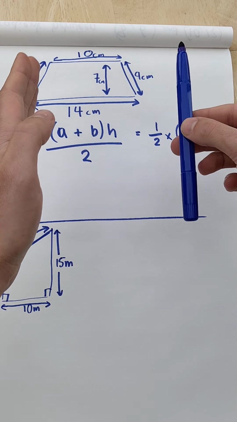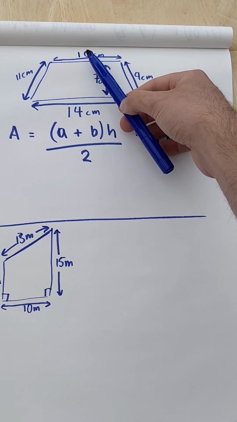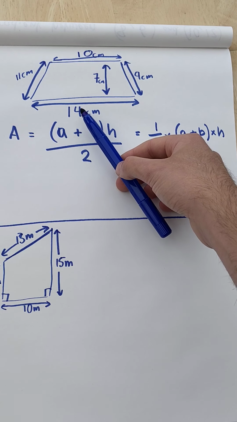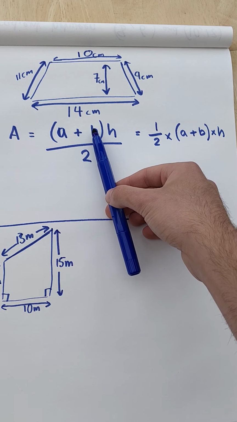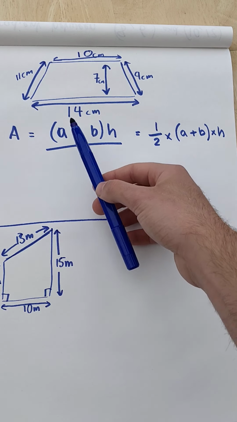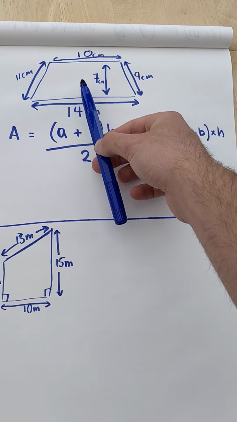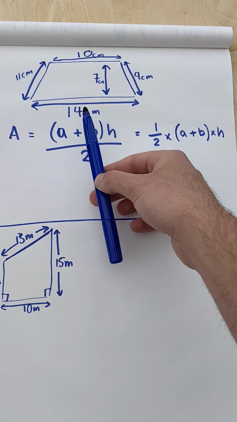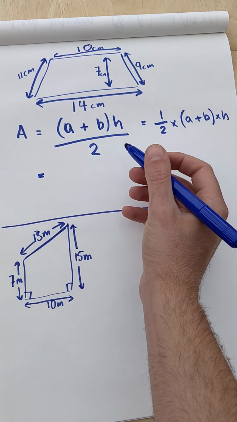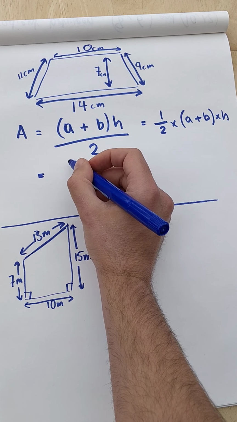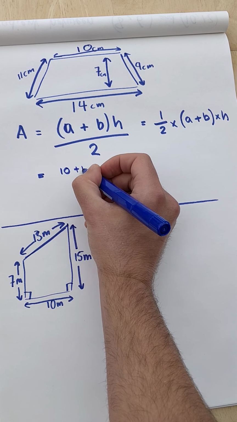The average, or the middle number, between 10 and 14 is 12. If you add 10 and 14 together, you get 24, divided by 2, you get 12. So it works out the average length of the top and the bottom. That's what this does. So in this formula, when you've got A plus B, this would be 10 plus 14